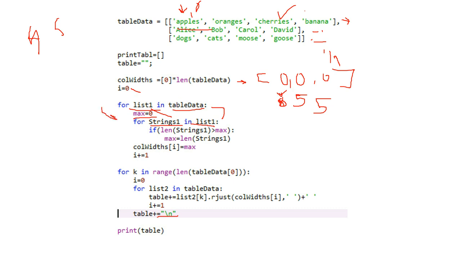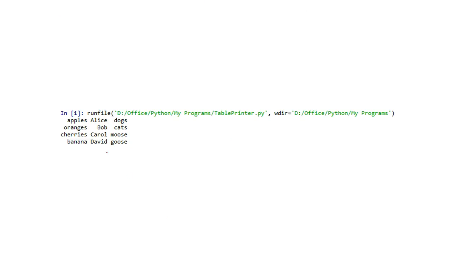We will calculate first the number of columns we will be having. Then we will calculate the max string length in that column. Then we will just directly display it, and we will right shift the strings if the string's length is less than the actual length of the column string. Okay, so then we will print this table. So it's pretty simple. When we run this file, we will get this answer.